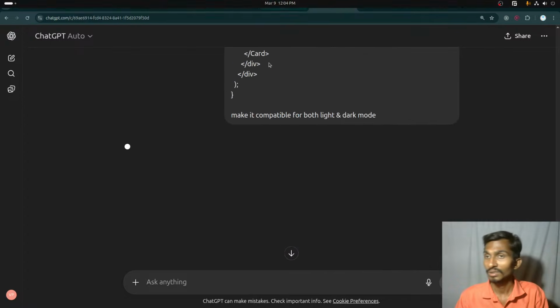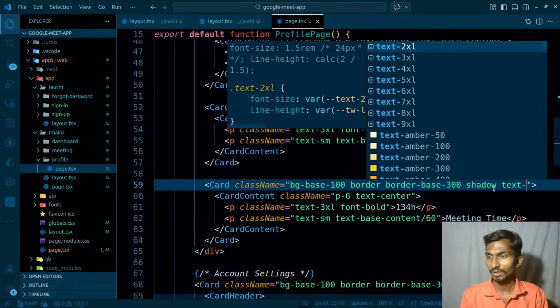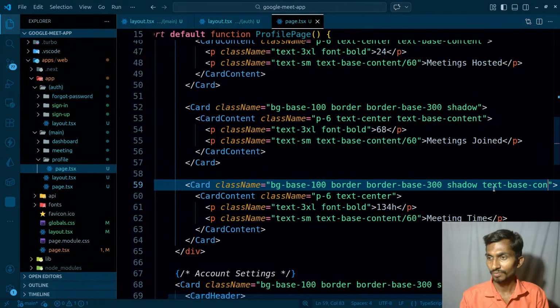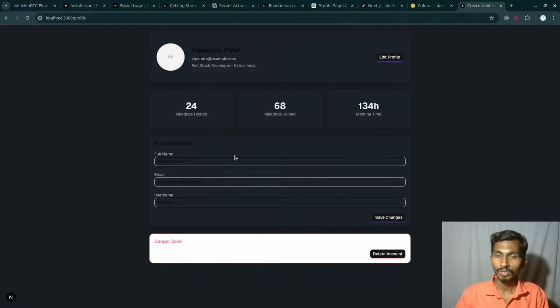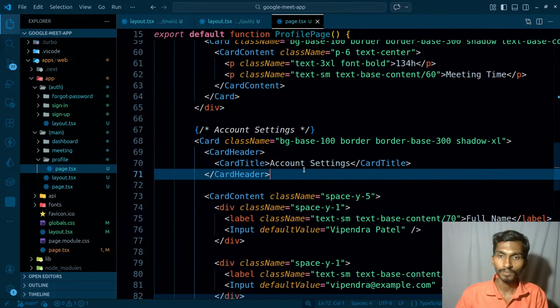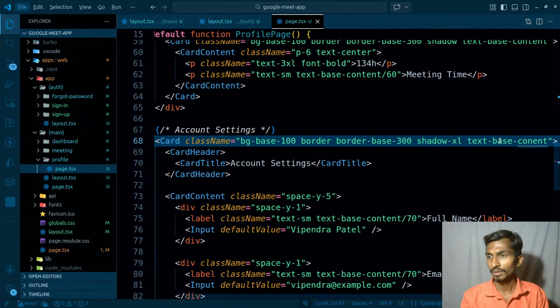I thought AI is not creating the job, but again I'll have to make the changes on my own. Content. So ultimately this is how it looks like. Again, the second section that I have here, card account settings. Hopefully it will work. Base content,